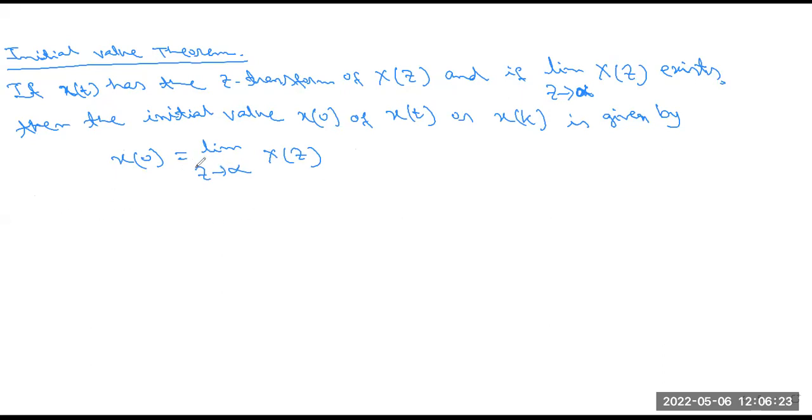So this is basically the initial value theorem, where x(0) is the limit of the Z transform as z goes to infinity. To prove this theorem,